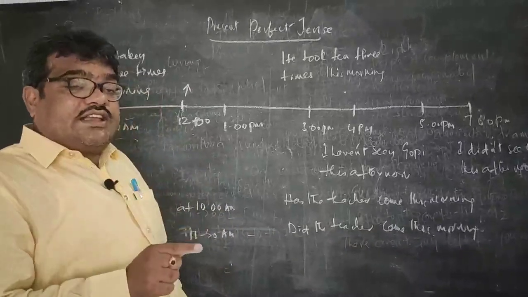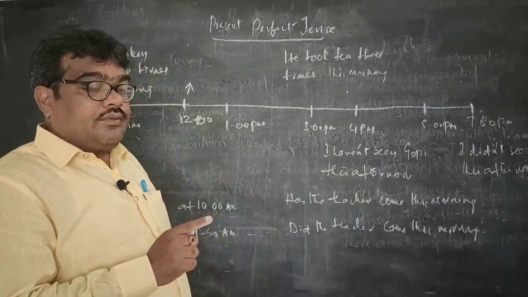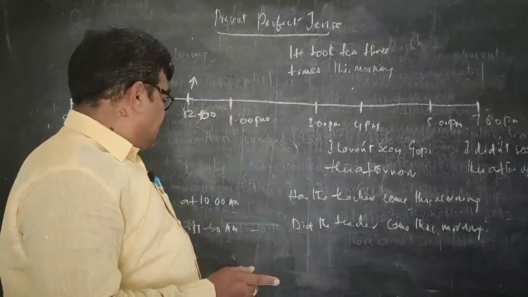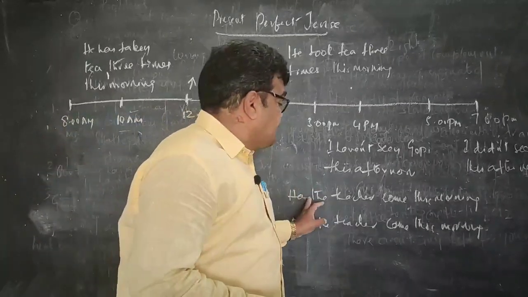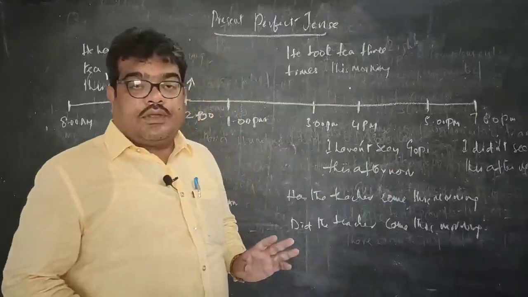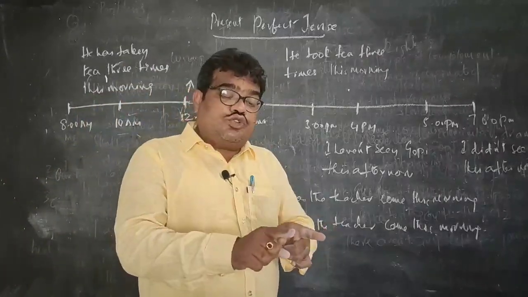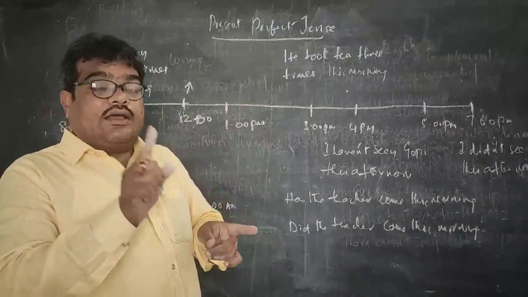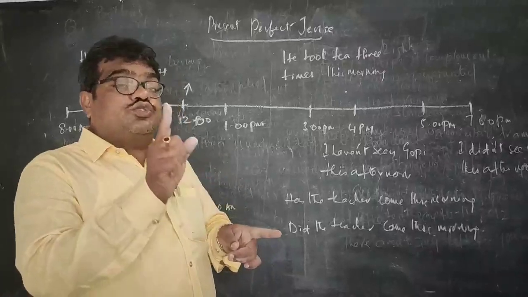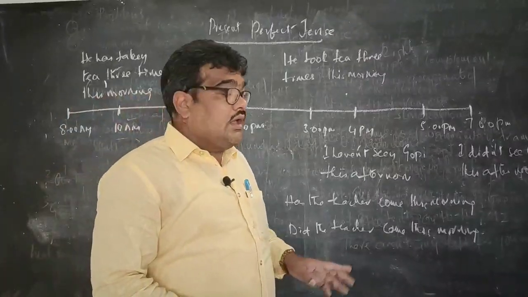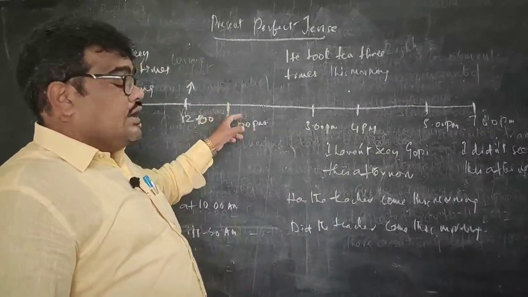When I am asking the question at 10:30, I can use "Has the teacher come?" Because generally she used to come between 10 a.m. and 11 a.m., I can use present perfect tense. In the above example I told,